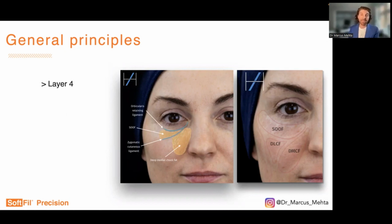For me, the main areas are the deep medial cheek fat. You can see here on the diagram on the right, the DMCF. All these images are illustrations that I've drawn for our training school over time. So feel free to take pictures of these images and